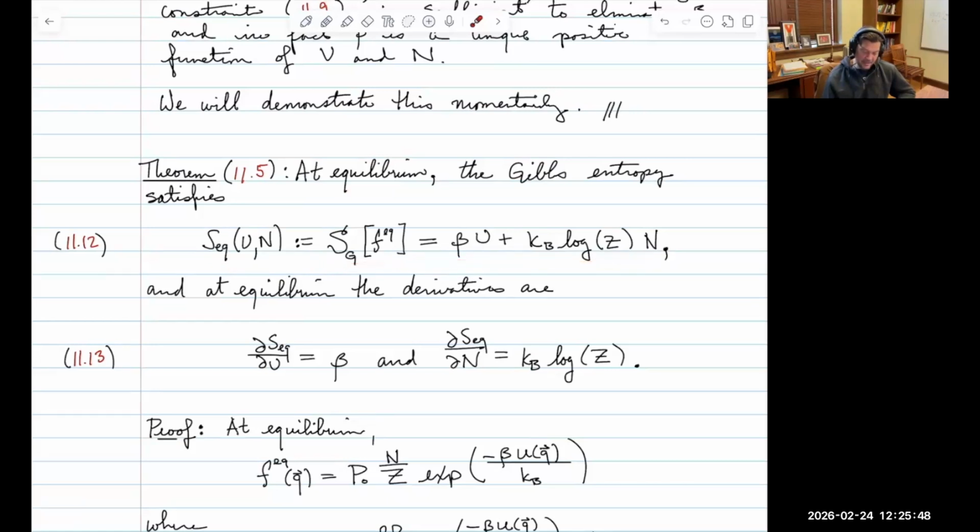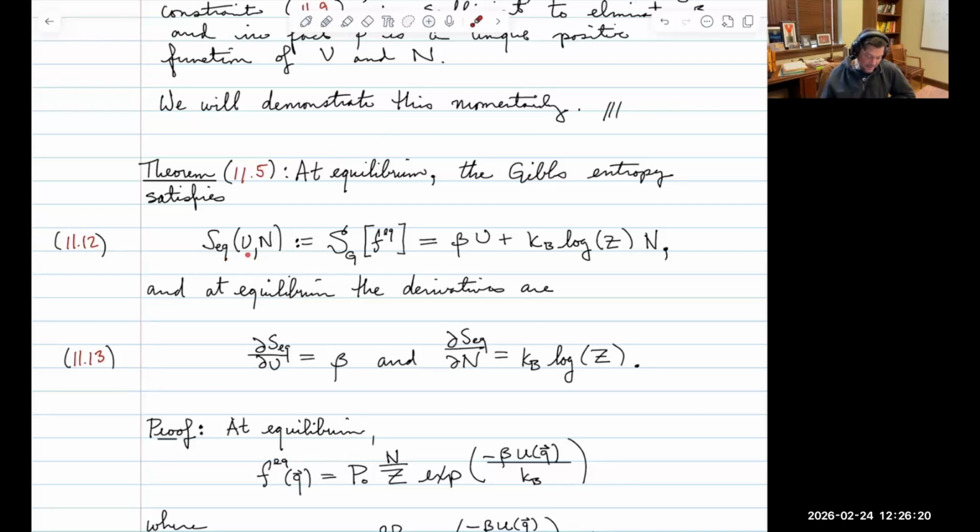Now, what do I mean by the Gibbs entropy at equilibrium? This is a concept that we talked about last time as well. Remember, entropy is defined not just for equilibrium, but for any state. The equilibrium entropy is the entropy at the equilibrium state that we just calculated. So this gives an expression for the equilibrium